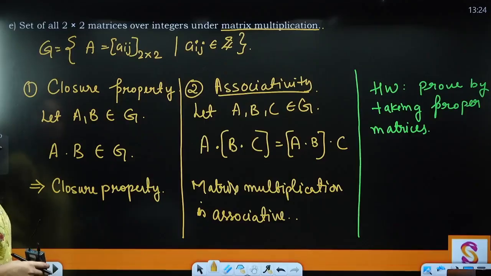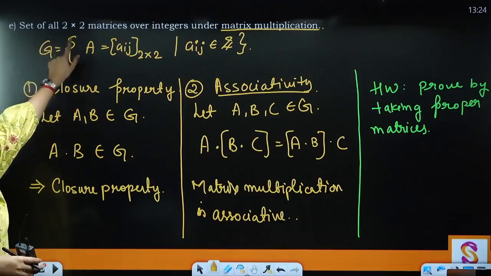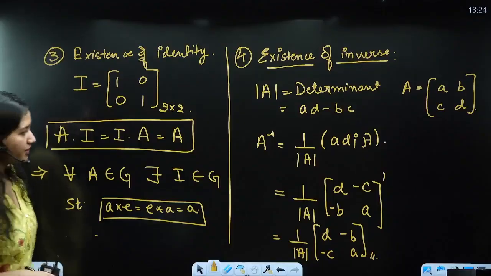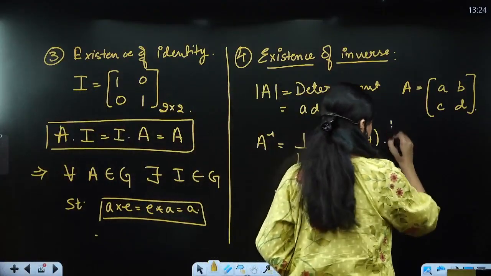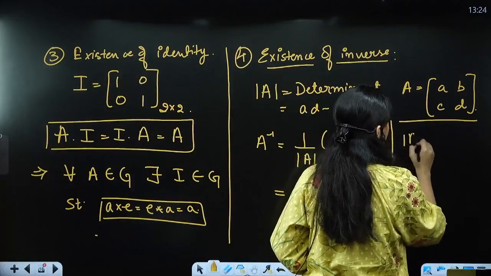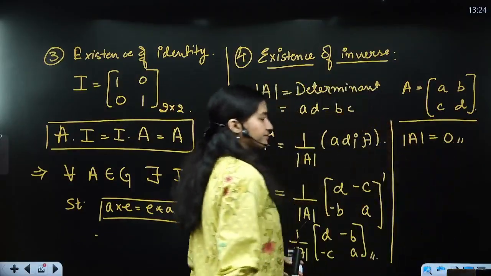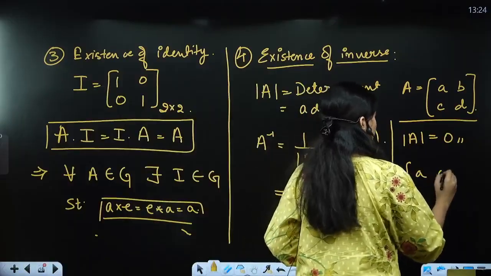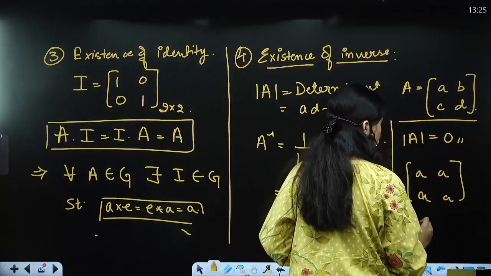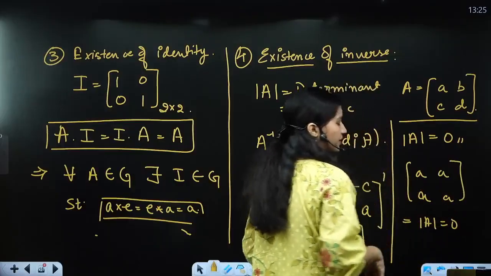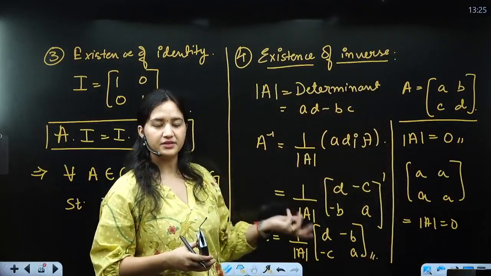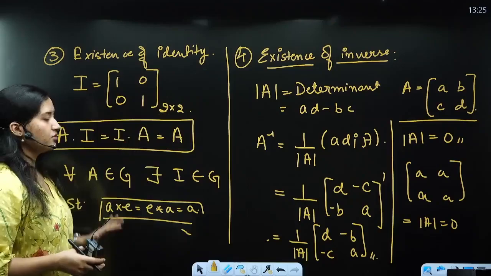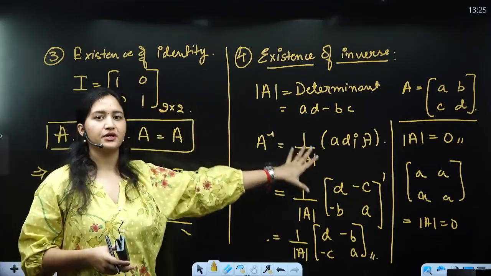What is the problem? We are talking about the set of all 2 cross 2 matrices over integers under matrix multiplication. What if for some element that belongs to G, the determinant comes out to be 0? Right? It can happen ना. आप कोई भी एक constant ले लो, A. So this is going to give you determinant as 0, A square minus A square, right? So for those kind of elements, that is for those kind of matrices, the inverse is not going to exist, right? So आपका यहाँ तक तो सब sorted है, but the problem is when we are talking about existence of